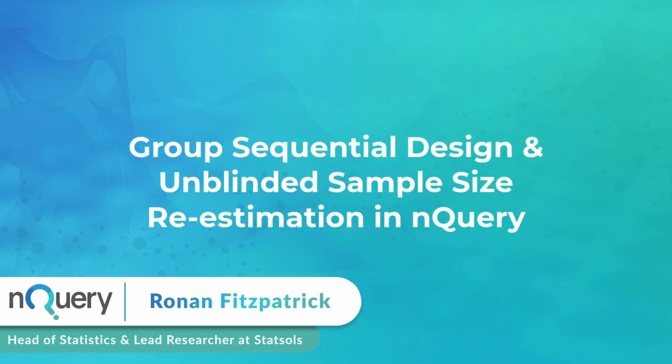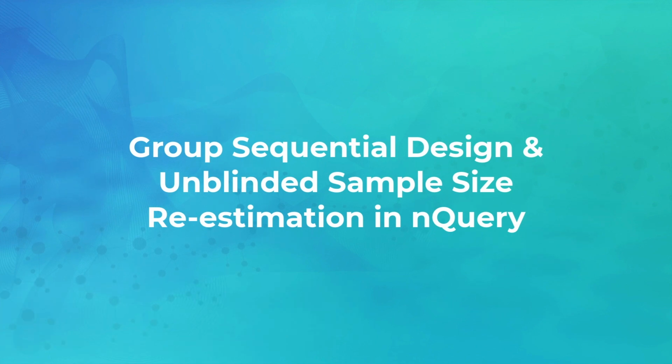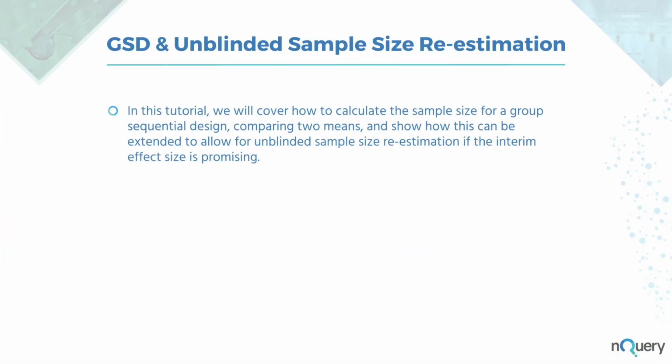Welcome to this tutorial for group sequential design and unblinded sample size re-estimation in nQuery. In this tutorial, we will cover how to calculate the sample size for a group sequential design comparing two means and show how this can be extended to allow for unblinded sample size re-estimation if the interim effect size is